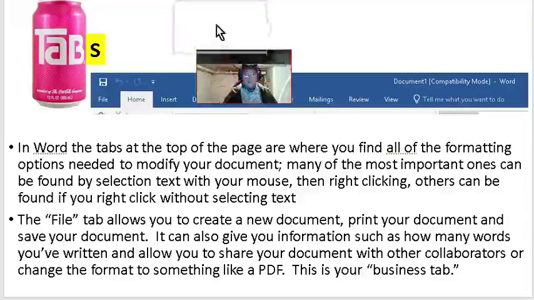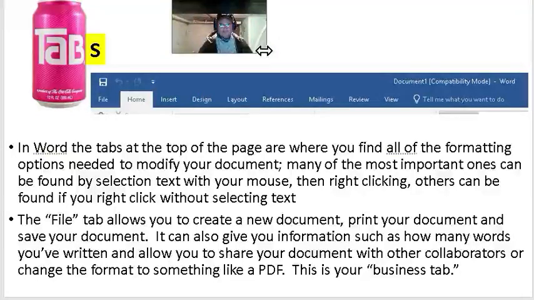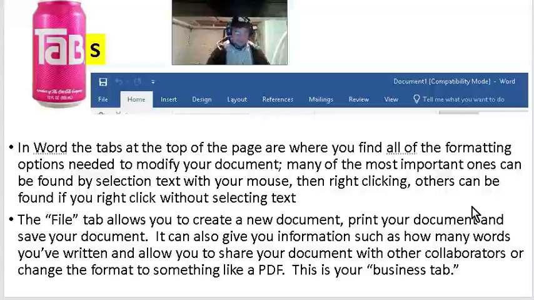Okay, so I want to go over a little bit of the functionality within the Microsoft Suite by looking at each of the tabs in Microsoft Word. So let's start. If you remember Tab Soda, you can maybe tell your instructor that you deserve some extra credit as well. So the first tab on the left in Word is the